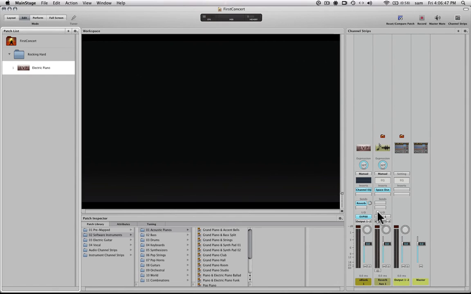Put it at the concert level, and you'll be able to use that in all your patches, and most importantly with the drum machine, keep it running while you change patches. And you can also do that type of thing by putting things at the set level. Now on the same